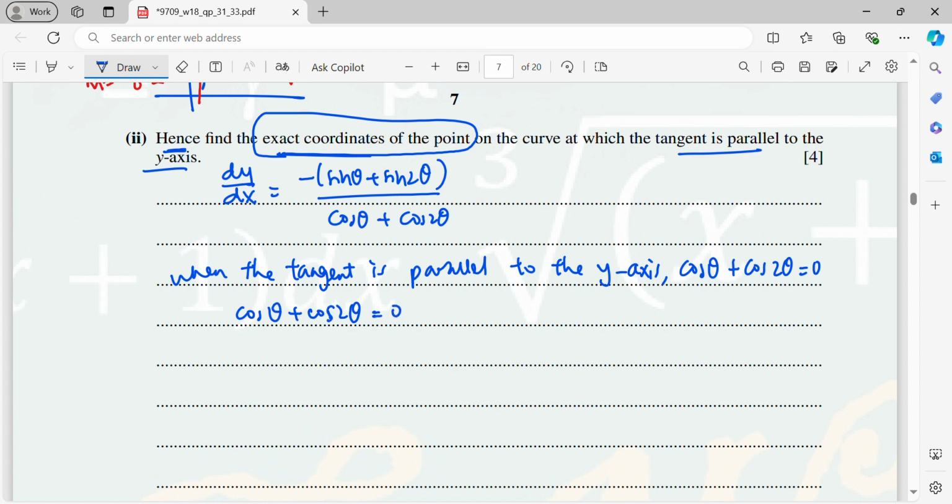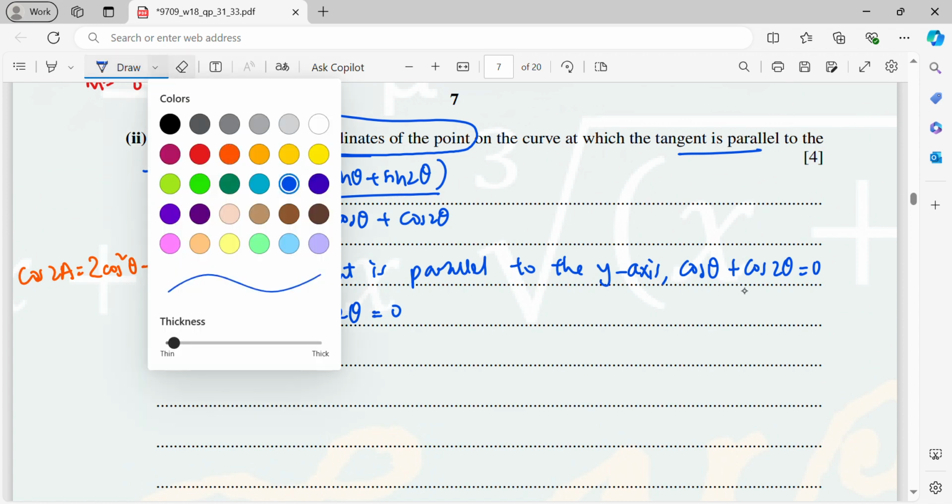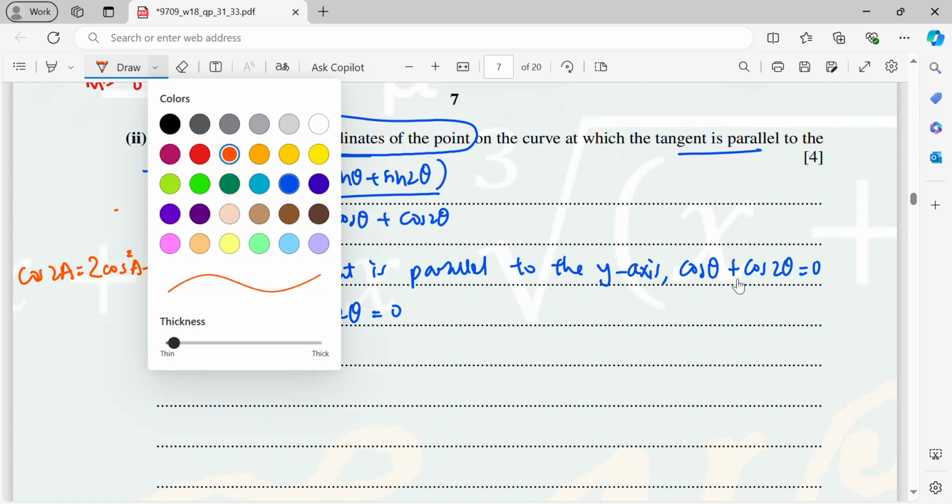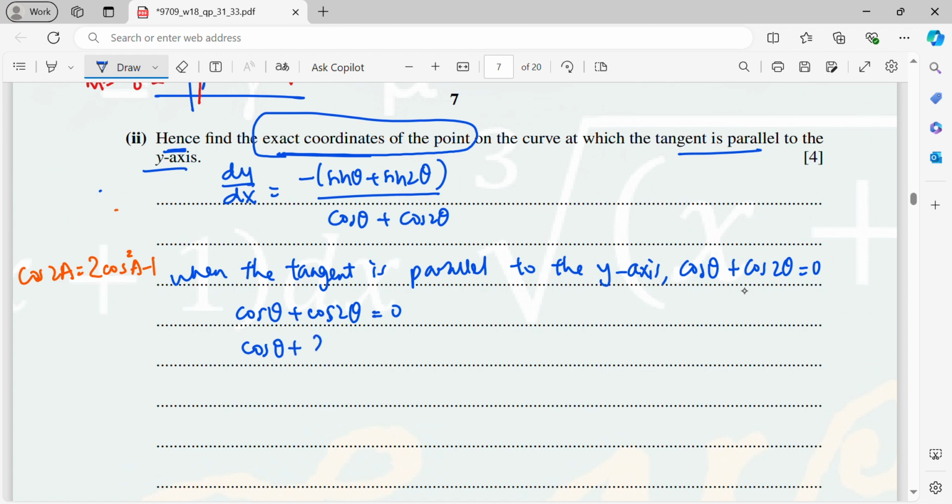And since your equation now has cos theta and cos 2 theta, for cos 2 theta we have 3 expressions. So now I will just choose the expression with the cos theta. That is 2 cos squared theta minus 1. Okay, let's say this is cos 2a, that means 2 cos squared a minus 1. Then now I will be getting cos theta plus 2 cos squared theta minus 1 equals 0. And rearrange this quadratic equation, you will get 2 cos squared theta plus cos theta minus 1 equals 0. And now factorize this